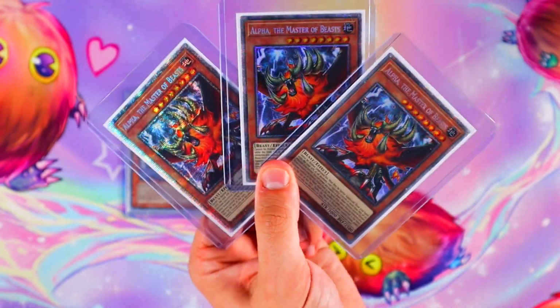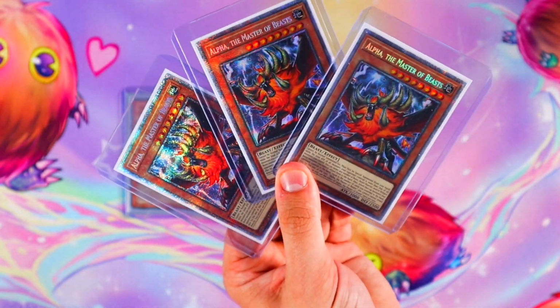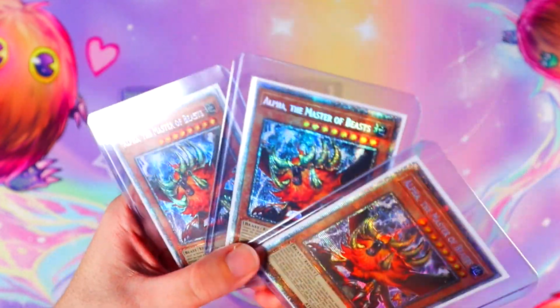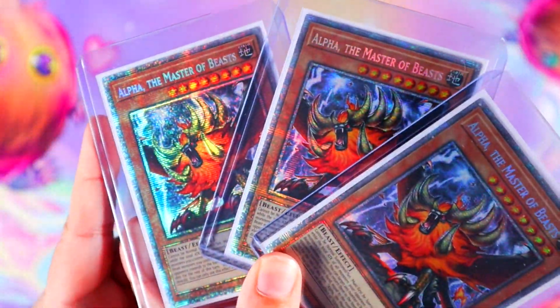Yeah. But yeah, now we have 4 Starlight Rare Alpha, the Master of Beasts. The other one is over in the case right now, but I have a playable playset. Is that just beautiful? This is just really cool. I don't really know what else to say other than this is rad. I'm sorry the lighting is a little jacked up, but...